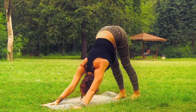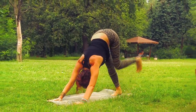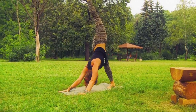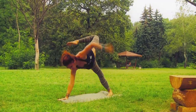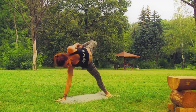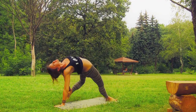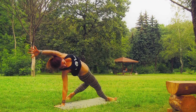We're gonna go ahead with the left side. Inhale the left leg up, open the left hip, bend the knee, feel your hip. Now here, search for your foot behind you, grab your ankle and see if you can flip back. It's tricky. I will work on it more in our classes. And reach